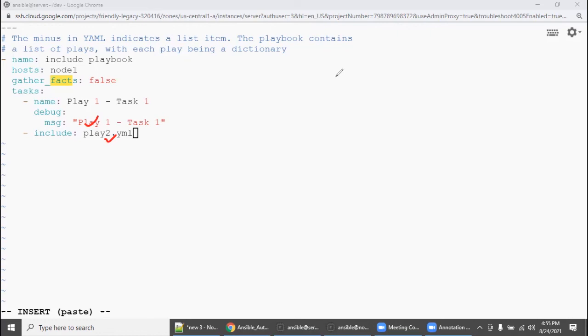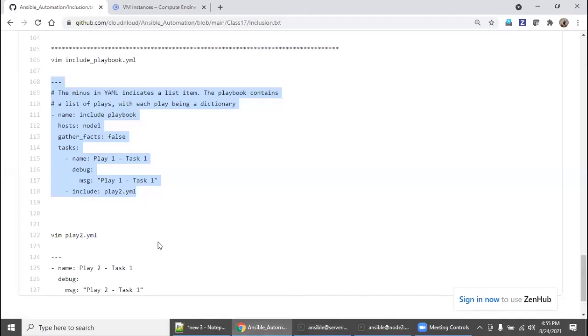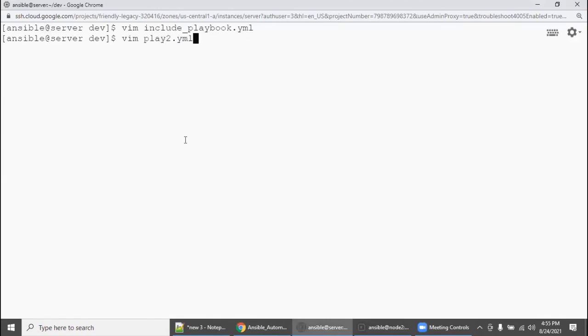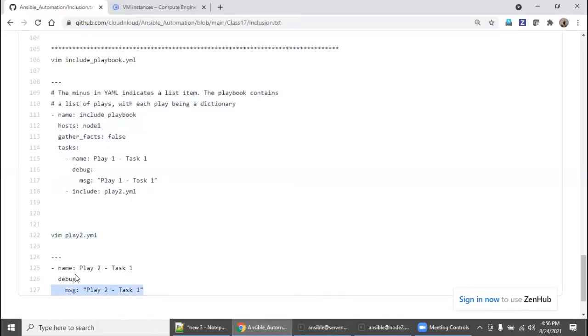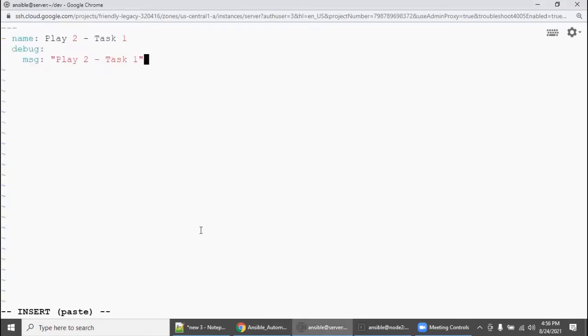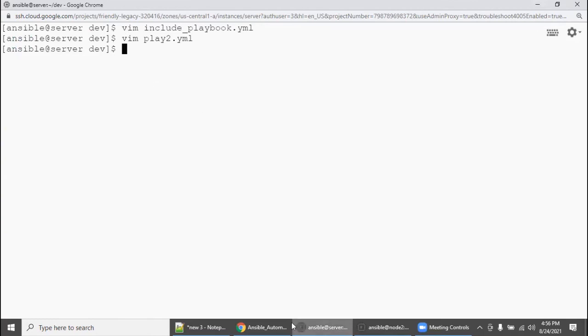So let's see what is there in the play2.yaml file. Come out, save and come out, and then we are going to create the play2.yaml file. Say set paste, insert mode, and then go here, paste it.